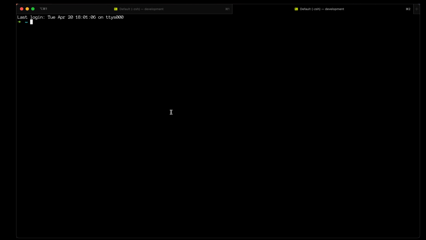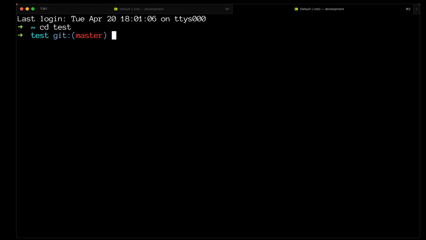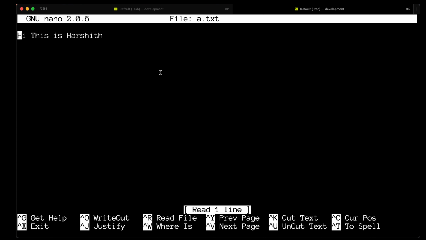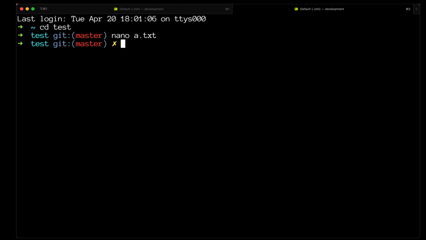Now I'll just go to a new terminal and go to test1. Here I'm just going to make changes to a.txt, saying this is Harshit Ashok, and I'm going to save it.